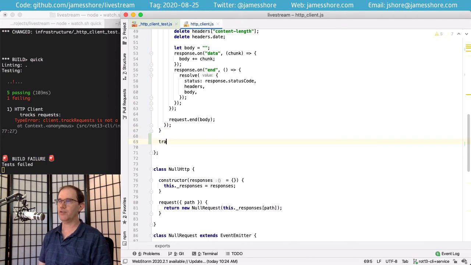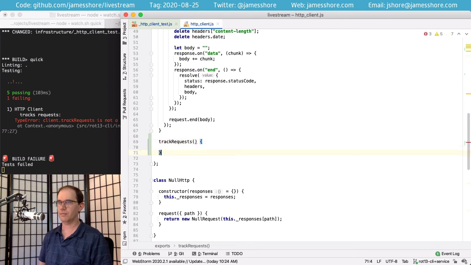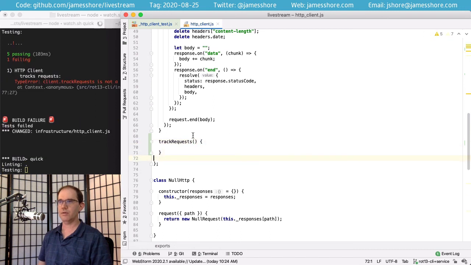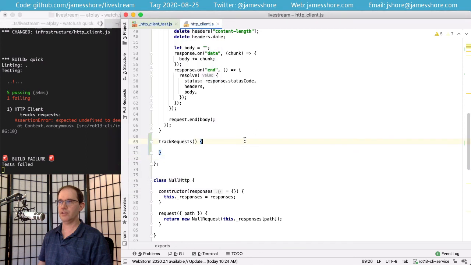And then our track requests method is just going to return the result of calling our infrastructure helper, track output, and that takes the emitter